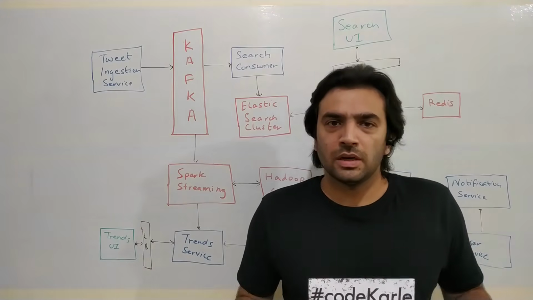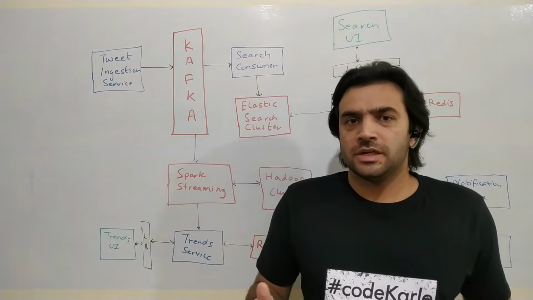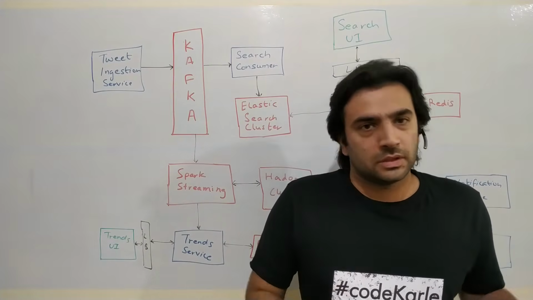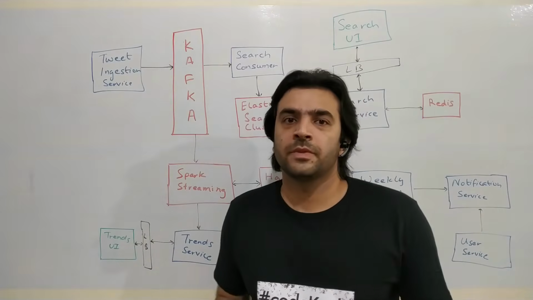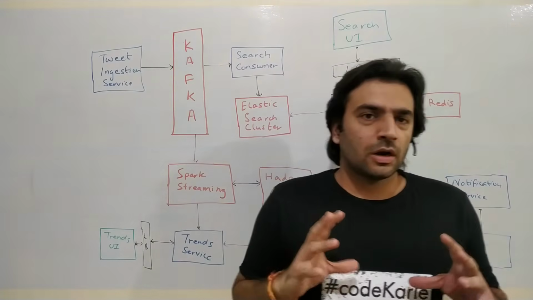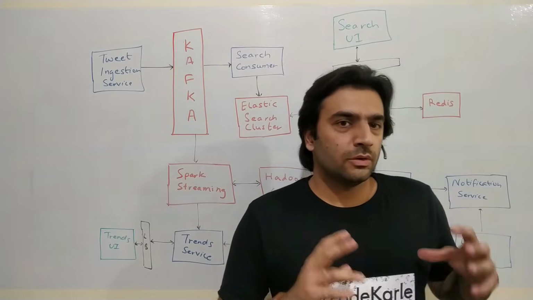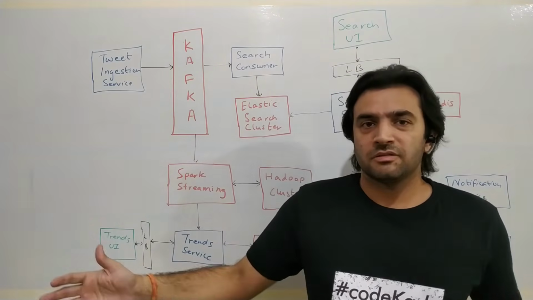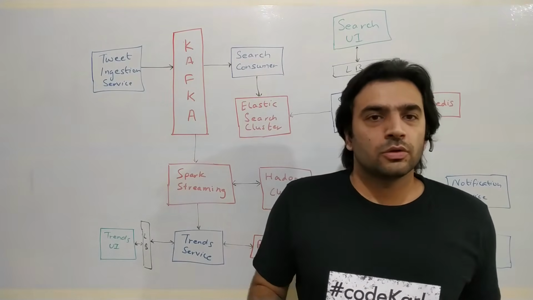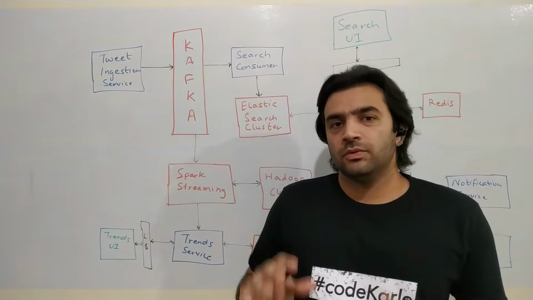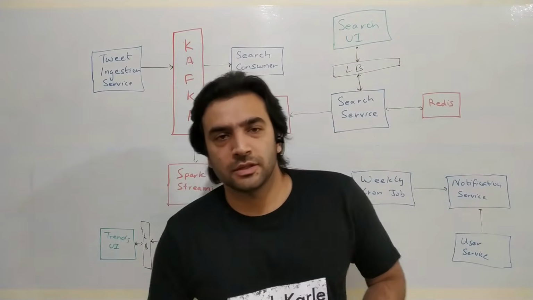Now, at Twitter scale, all of these things are good. But let's just say that the scale increases 5 times. Or let's just say instead of Twitter, it is Facebook. Now, how do you design that? There are a lot of things that will need to get changed. Why? Because a lot of things here, we are doing in memory. If the scale increases 5 times, then it becomes a lot more difficult to do all of that in memory. So all of those things I'll be covering in another video in which we'll be talking about how to design Facebook. So yeah, I think for Twitter, this should be it.